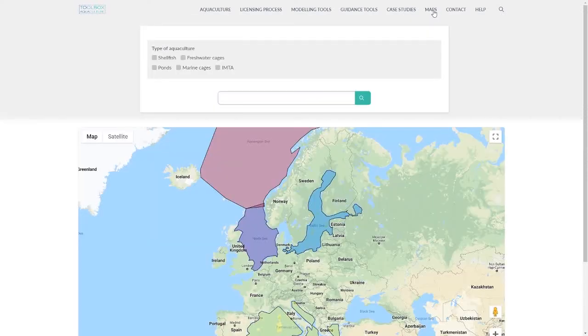The Aquaculture Toolbox has been designed for ease of use. If you have any questions about the toolbox or how to use it, you can contact the developers for more